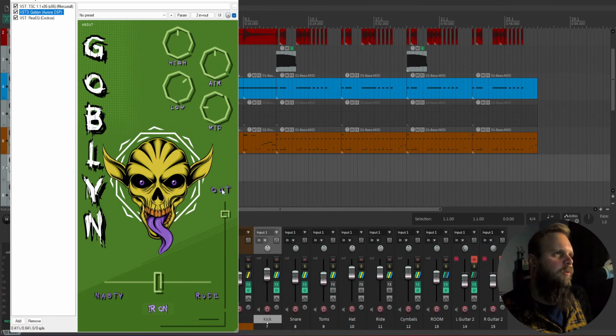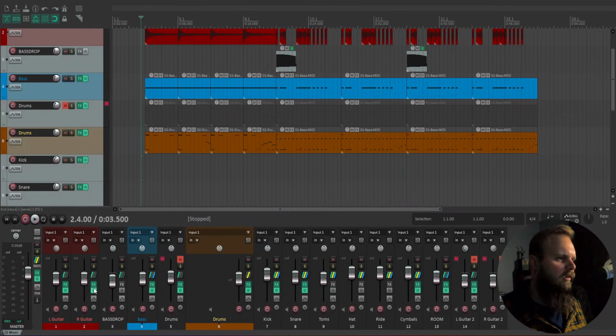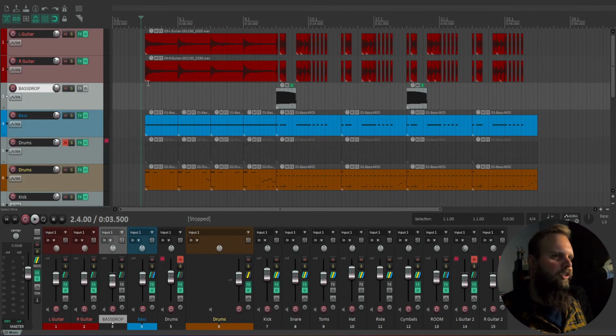I know I'm a little late to the party, but I finally got a chance to play around with the Goblyn VST. It is a free amp sim by Aurora DSP, the same people who did Nosferatu, which I think is pretty sick. Really just wanted to see if we could compile basically a breakdown with a bunch